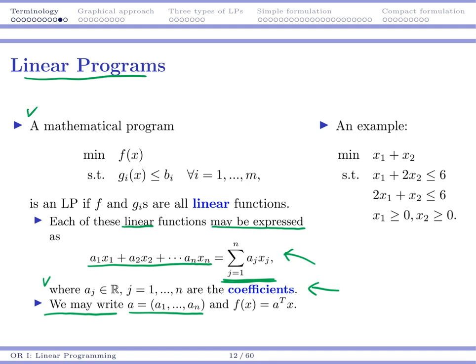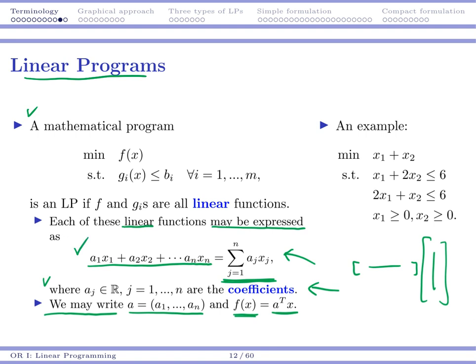A again is a column vector here. Then in that case, we may also express our f of x as a transpose x. A is a column vector, so once you transpose a column vector, it becomes a row vector. x is a column vector, and they all have n components, so they may be multiplied together, and you get the inner product, which is exactly a1 x1 and so on up to